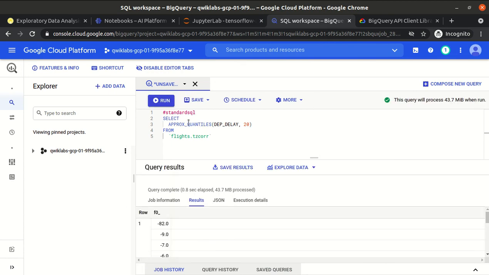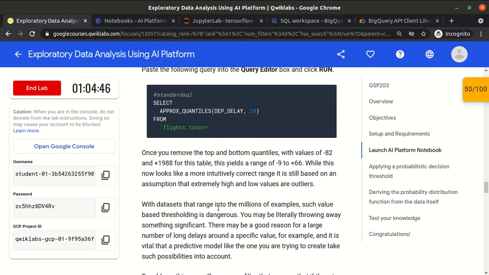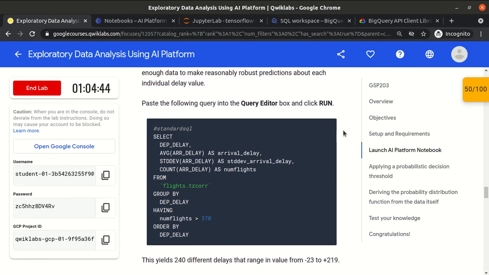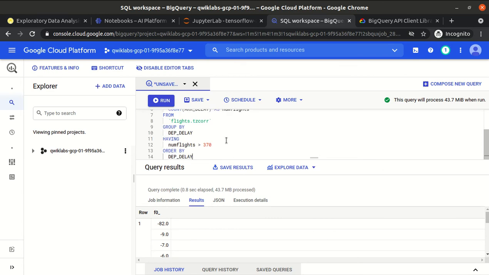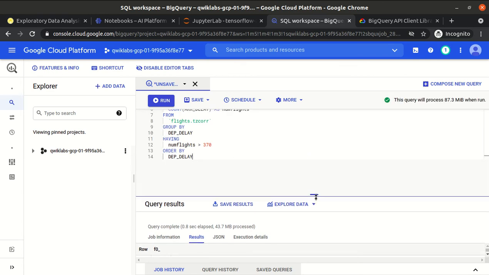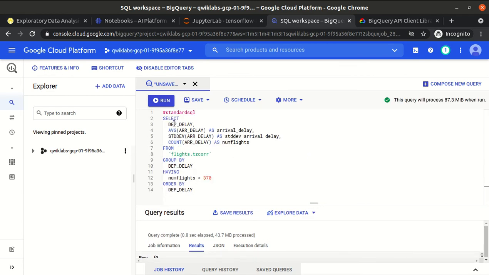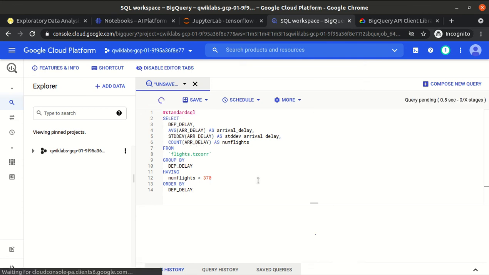So these are inbuilt BigQuery functions. One more. They are fetching the departure delay, average arrival delay, standard deviation of arrival delay, and count of arrival delay.